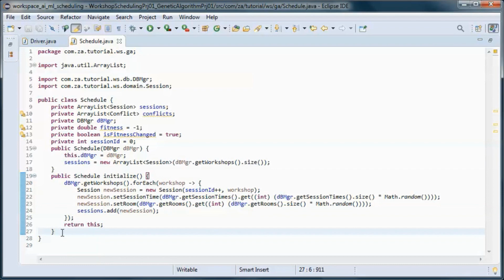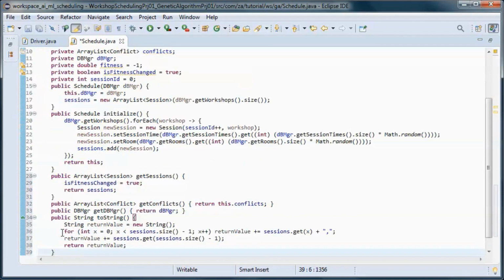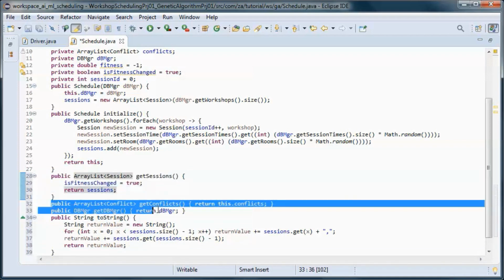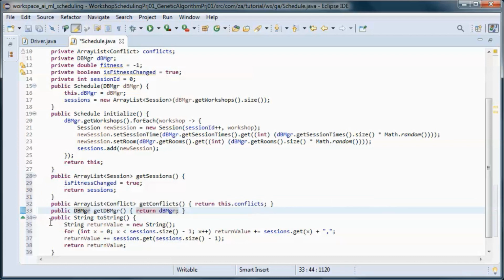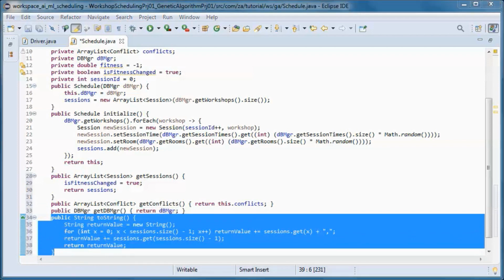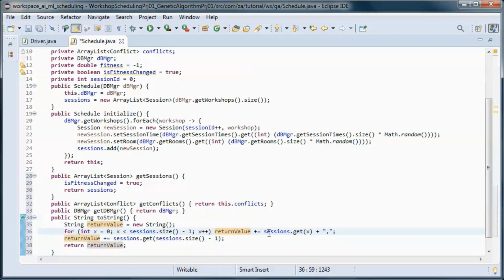And here we have get methods for the sessions and for the conflicts, and the DB manager, and the toString method will return a string representation of each one of the sessions separated by commas.